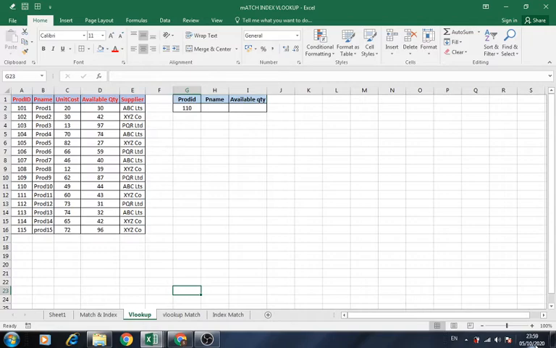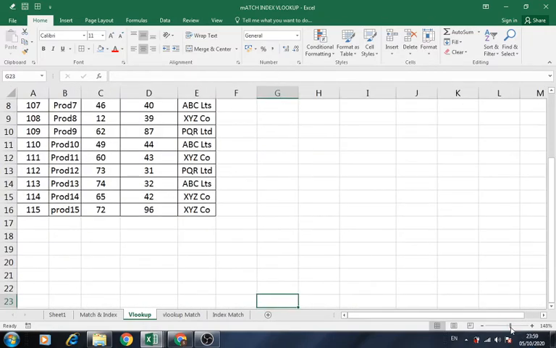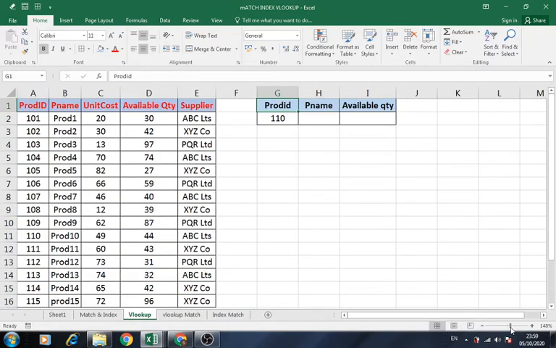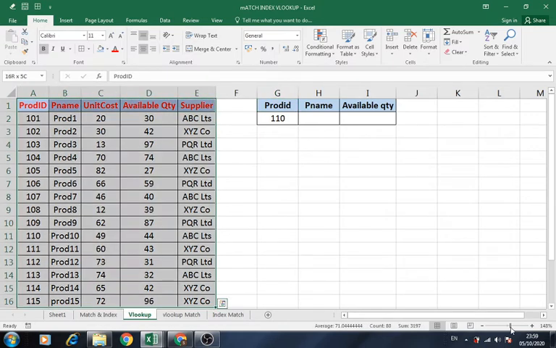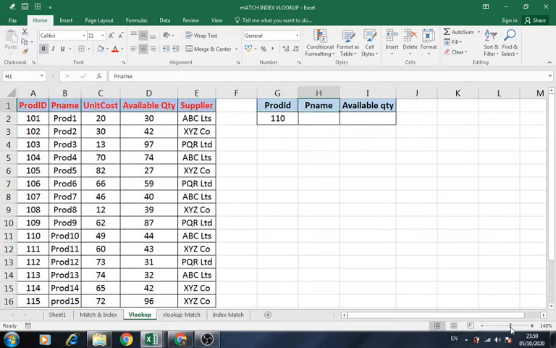Now here is a simple VLOOKUP formula. Now here we have in the source data the product details, all the product details. They are in sorted order based on product ID. Now say I want to retrieve the product name of a particular product ID. Here it is 110.